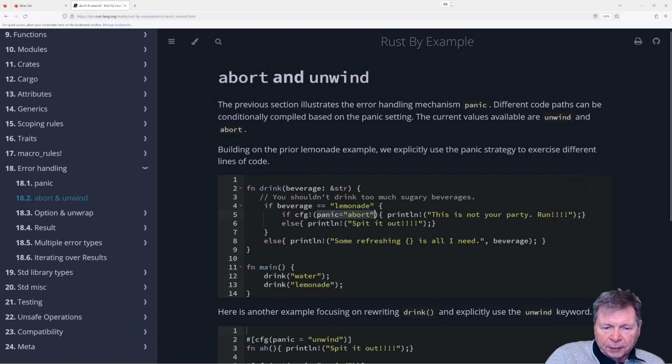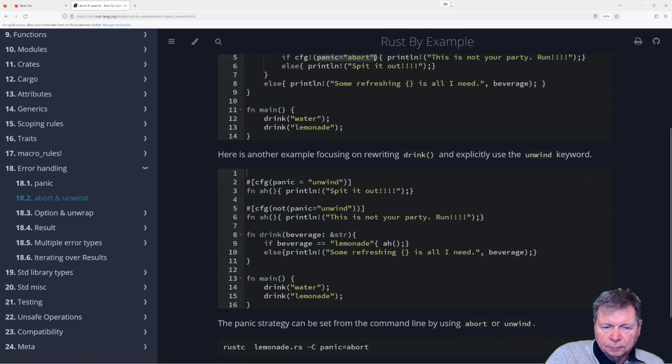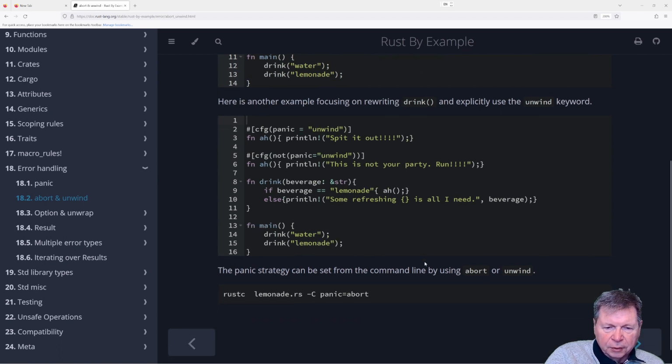And this one, config panic, unwind. Config not panic, unwind. Okay. Drink beverage, println refreshing. What? Good Lord. Oh, okay.